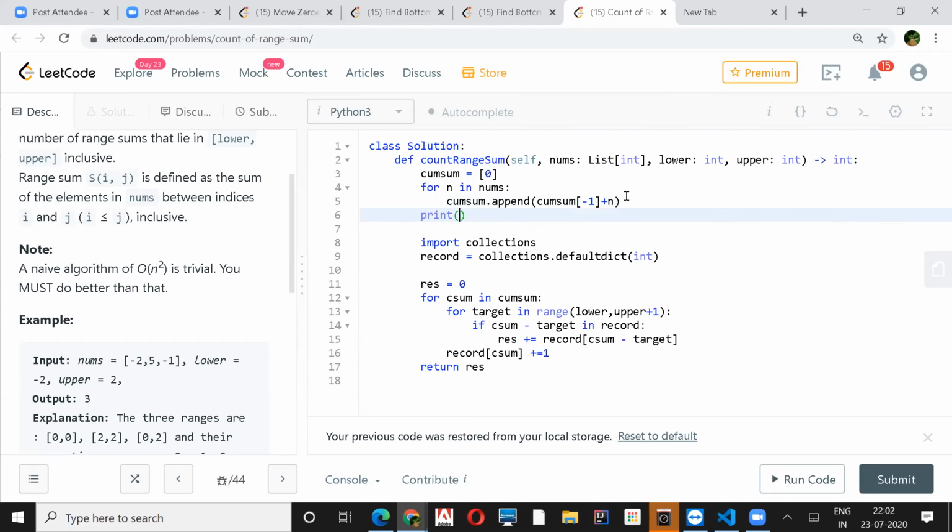Can you explain the structure of record? It's a dictionary. Is it like index colon the prefix until there? Prefix sum is not there. Index will be there. For getting the index only we are doing this. So this is the brute force optimized version that Ankur was talking about, correct?